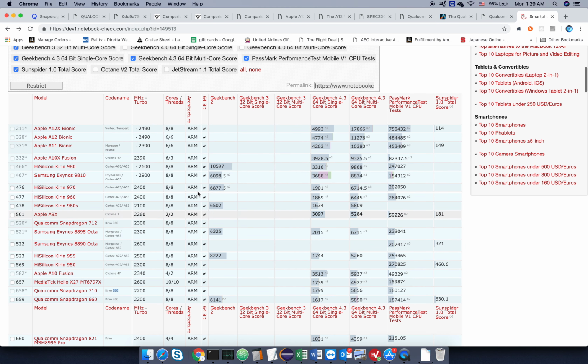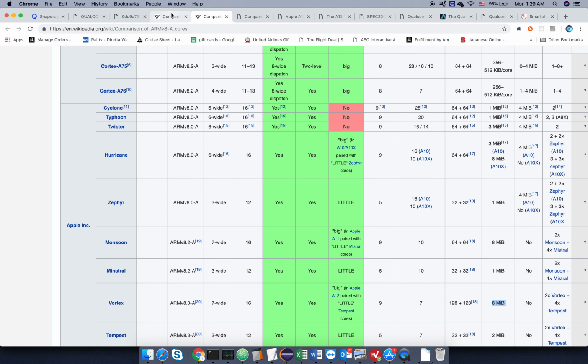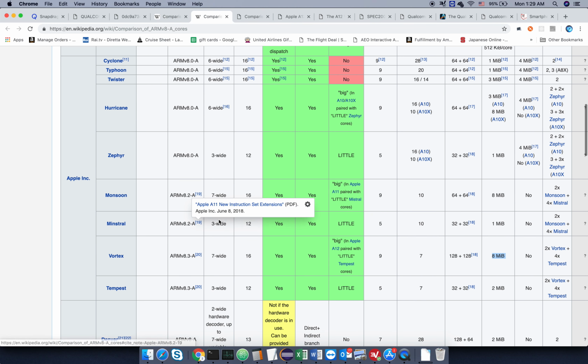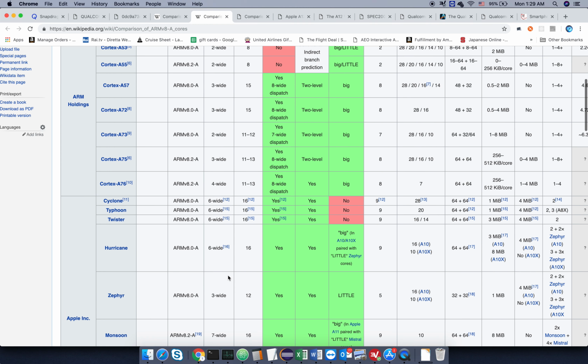Well, especially on the single core performance, because they built these CPUs to extract as much instruction level parallelism as possible. And what that results in is very high single thread performance. For example, they have a 7-wide decode compared to 4-wide.